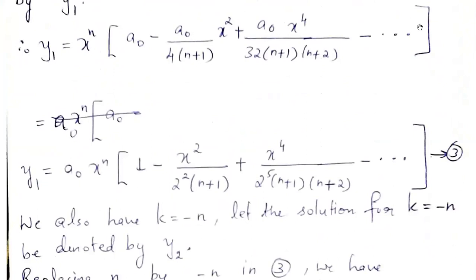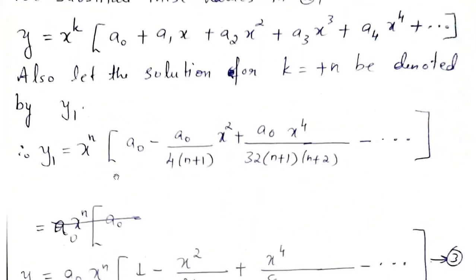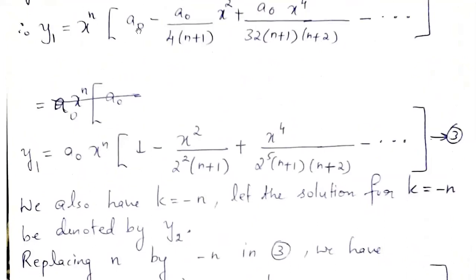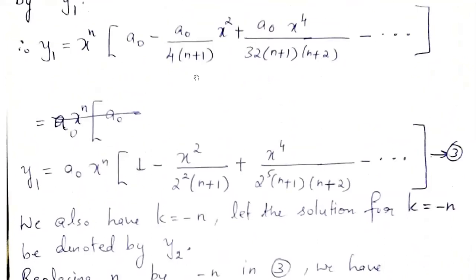In the next step, a naught will be a common term inside this summation, so take a naught out. So you get y1 equal to a naught into x power n. Please note this step, since you have taken the value of k is equal to plus n, it's not called y anymore, it is called y1. So after taking x power n and a naught out, what will remain inside the parenthesis is 1 minus, here